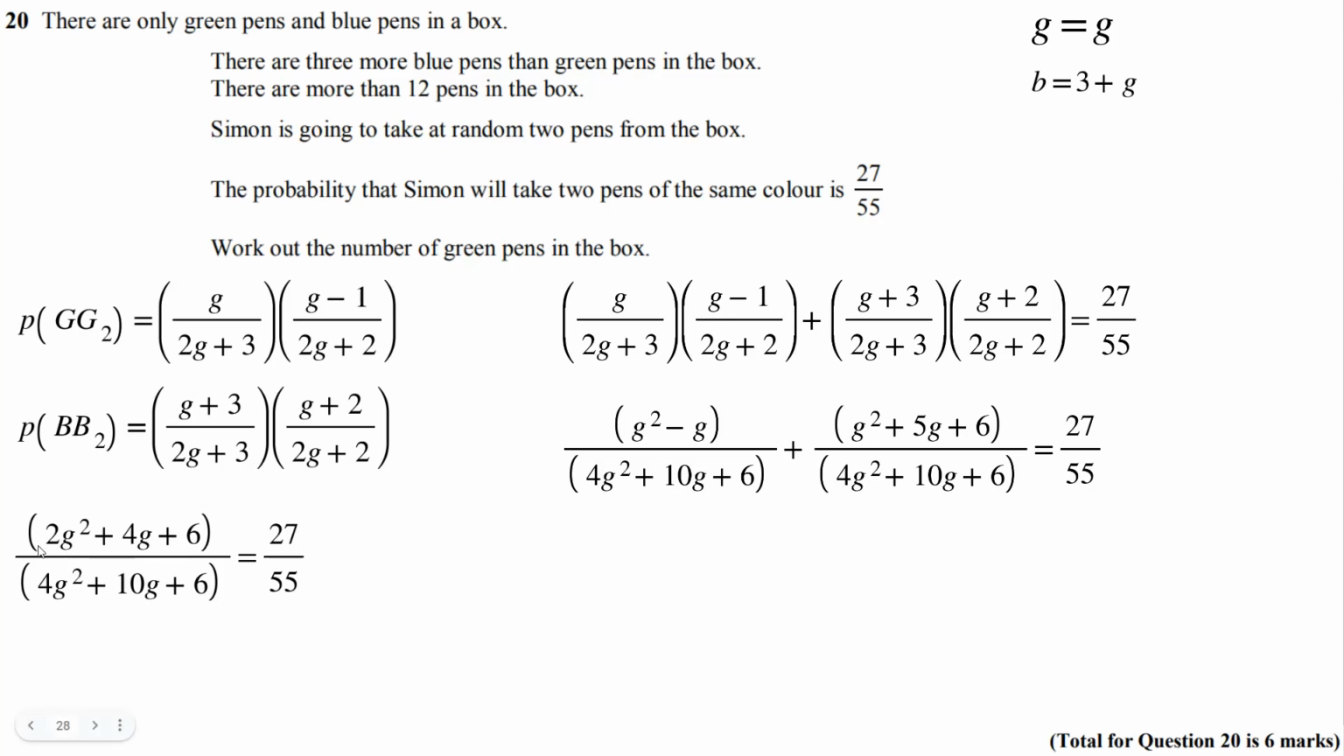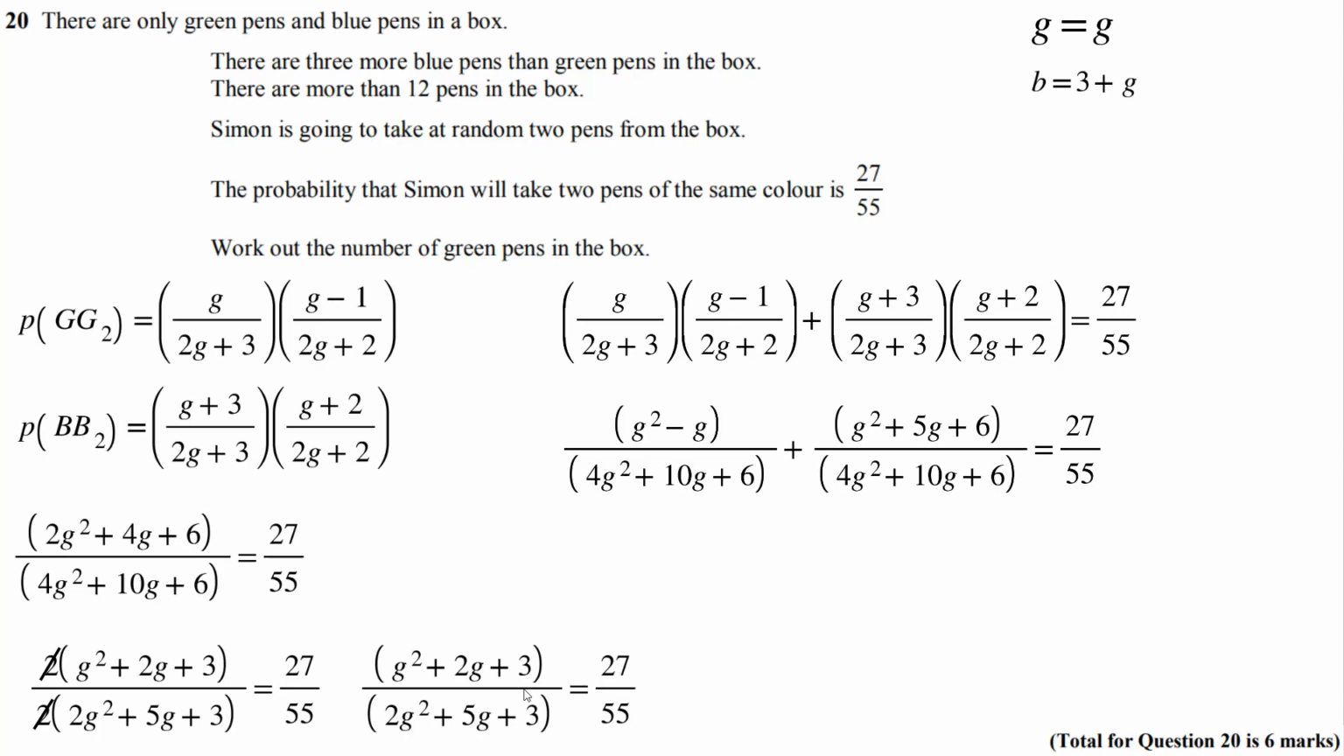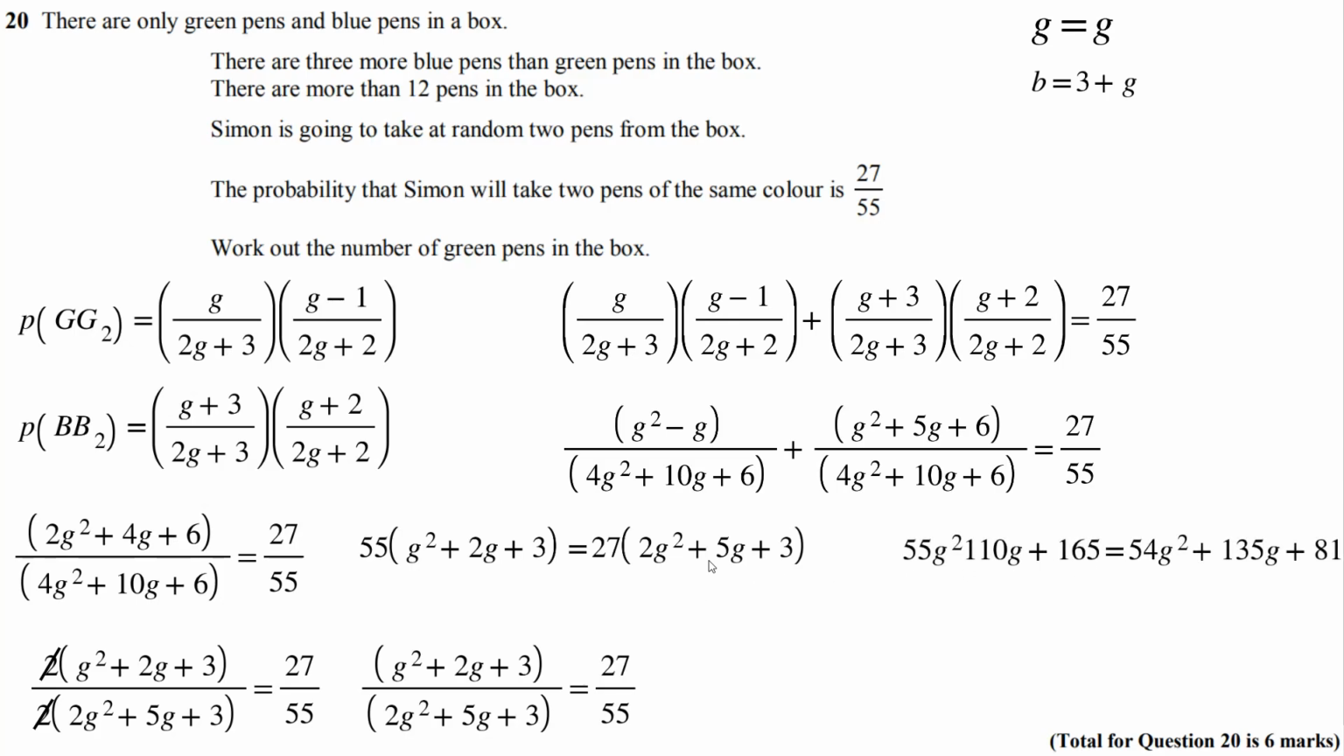Here you can spot that you can actually factor out a 2 and then cancel it. So cancel out the 2. So now we have g squared plus 2g plus 3 over 2g squared plus 5g plus 3. Multiply out by both sides to get that, and then expand, so it's 55g squared plus 110g plus 165, I think, and equals that. So just multiply this out, and then rearrange, so you get g squared minus 25g plus 84,